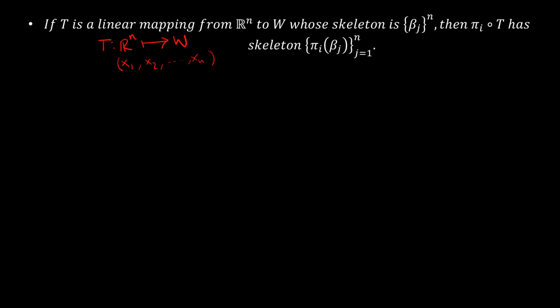So if we're able to transform this x to a vector space W, then it means that we do need to have a skeleton